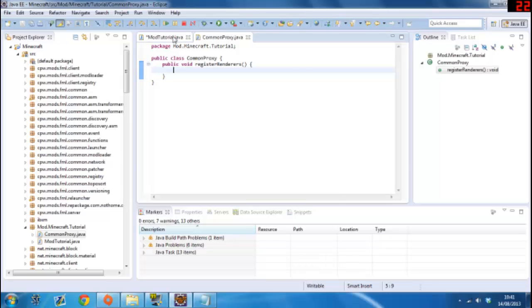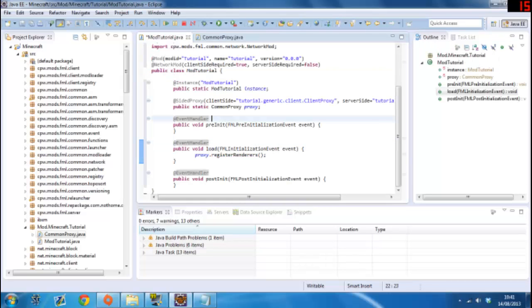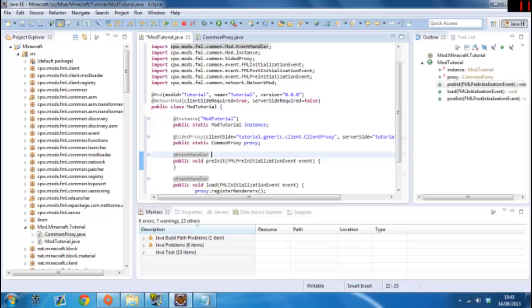Just save that and go back to ModTutorial. You can see that's fixed there and that's fixed there. So another file we need to make is